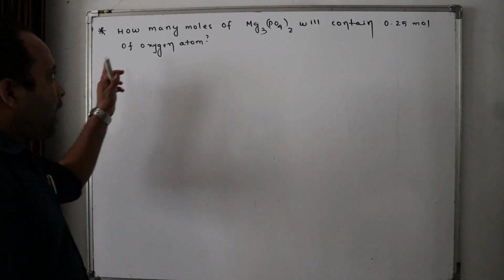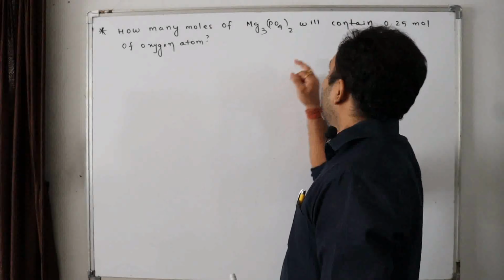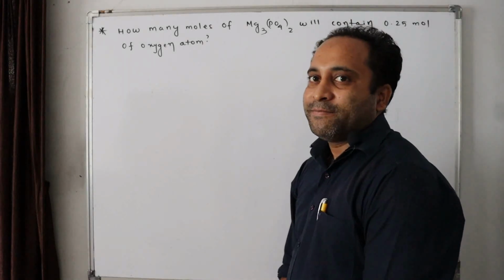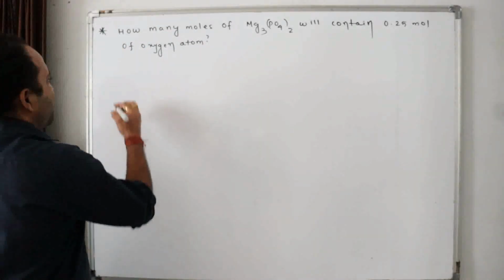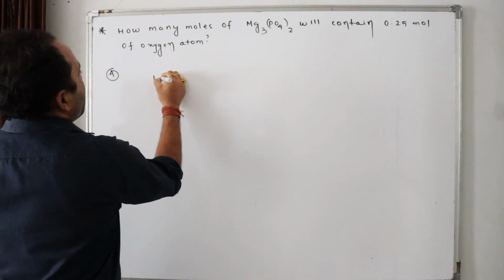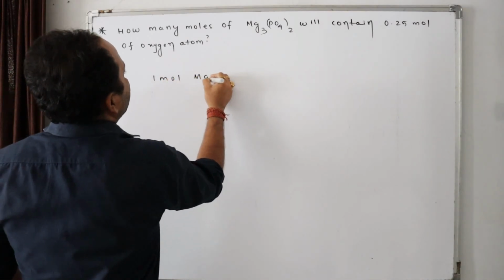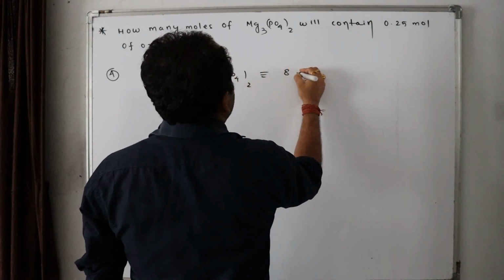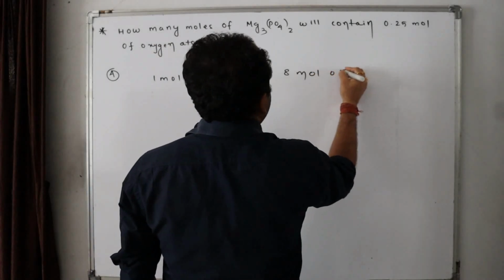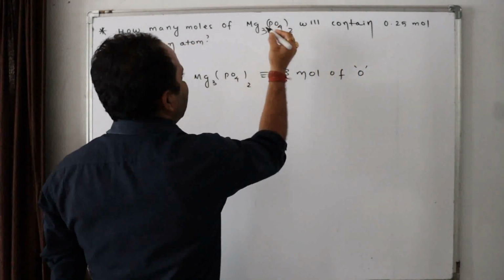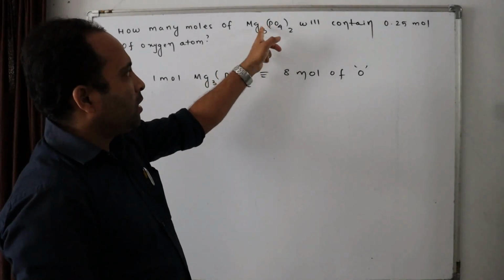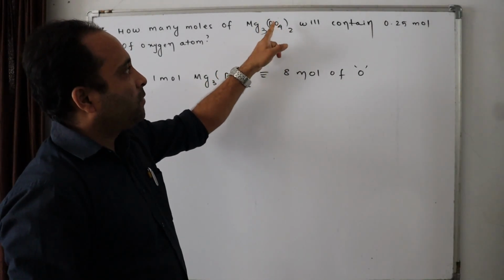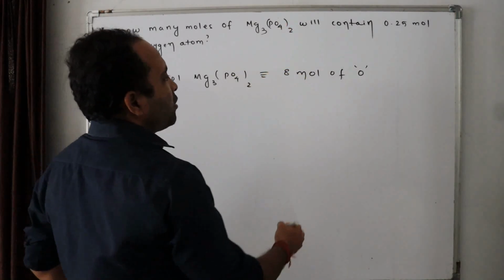The next one. How many moles of magnesium phosphate will contain 0.25 mole of oxygen atom? Sometimes people run for this question and make a mistake. What they do and what they should do. Look here. 1 mole of magnesium phosphate is equivalent to 8 moles of oxygen. How? In phosphate there are 4 oxygens. How many phosphates? 2 phosphates. So each phosphate has 4 oxygens, 2 phosphates means 8 oxygens. 8 moles of oxygen